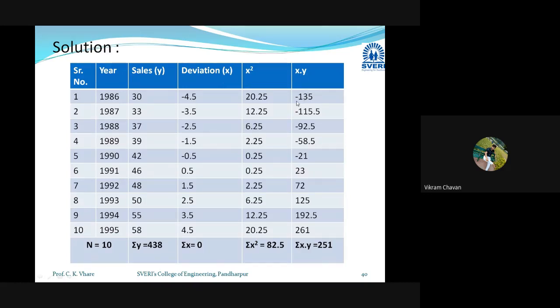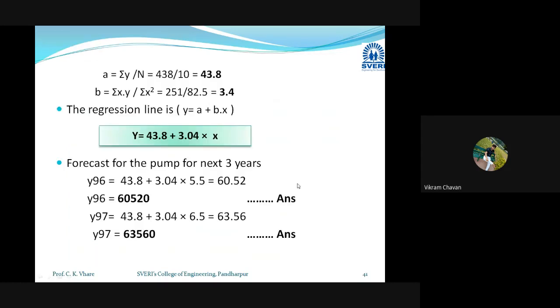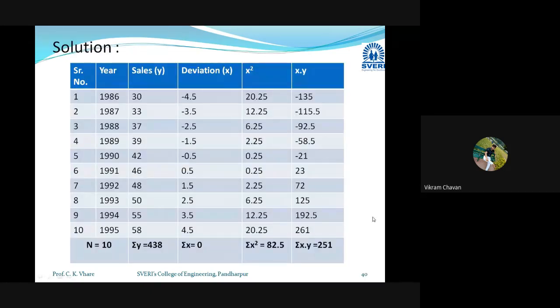So we are getting minus 135, minus 115.5, minus 92.5, minus 58.5, minus 21, minus 20, minus 21 plus 23, 72, 125, 192.5, 200 and 261, and at the bottom write down the summation of x multiplied by y. So do this calculation and